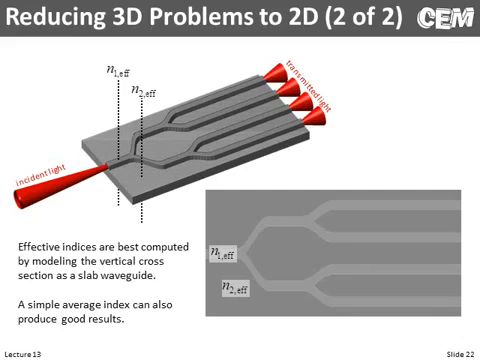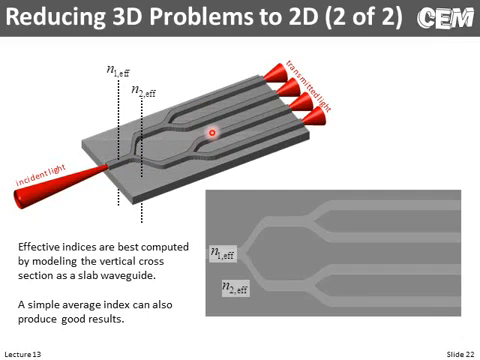There's another way that we can reduce 3-dimensional problems to 2 dimensions using something called the effective index method. So let's say we have this configuration of dielectric waveguide. So this might be some kind of optical integrated circuit, for example. We have some kind of dielectric substrate, a little dielectric rib here, which forms a waveguide, and some kind of